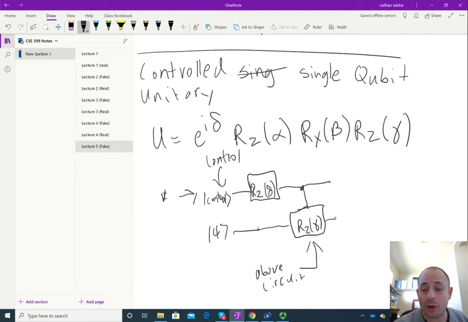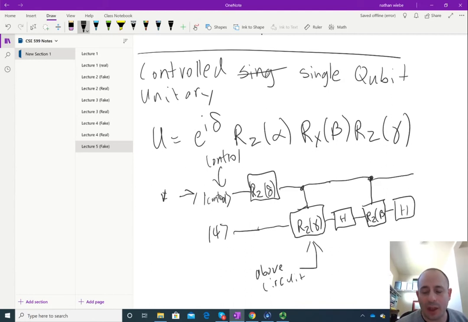Now we need to do a controlled Rx. We can do a controlled Rx using that trick that I showed you earlier by Hadamard conjugating a rotation. We can convert a Z rotation into an X rotation and do this middle one. Then finally, we do